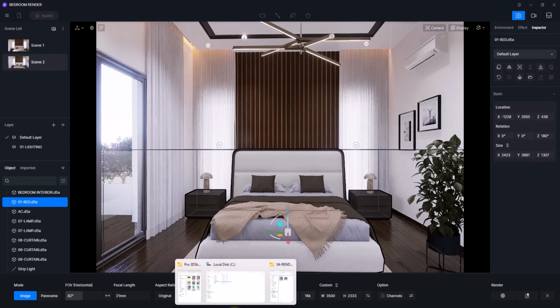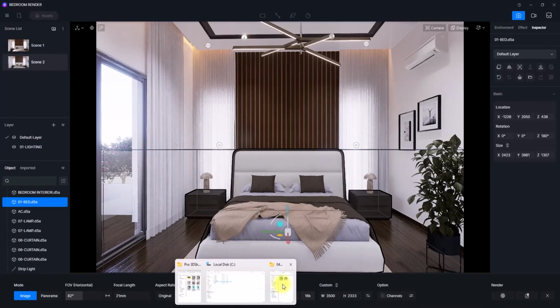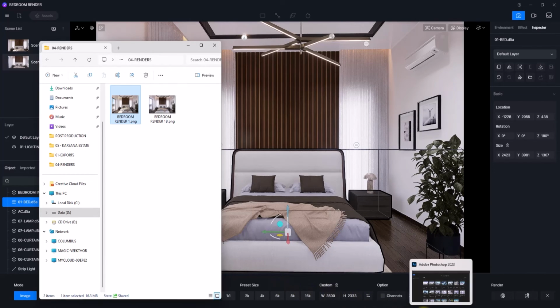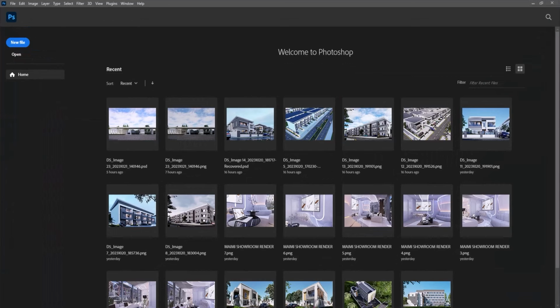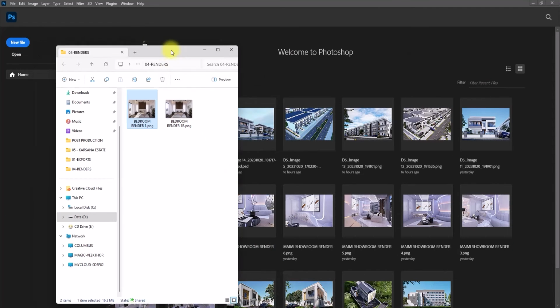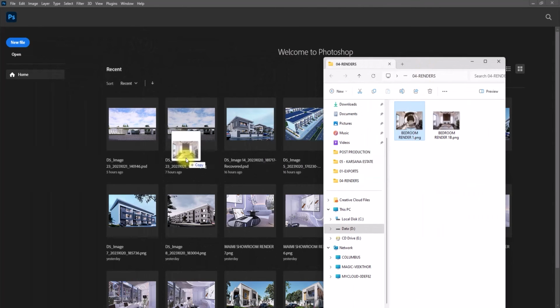So now we're going to go into post-production of these, our two rendered images. So we're going to click on Photoshop, and we're going to open Photoshop. So under this Photoshop, we're just going to simply drag in our image first